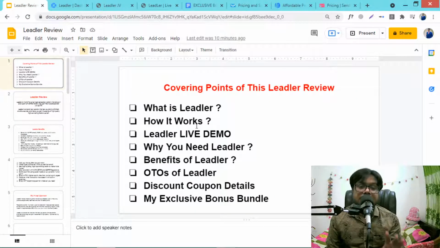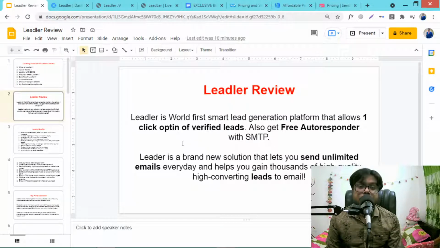So what is actually Leadler? Leadler is the world's first smart lead generation platform that allows one-click opt-in of verified leads, and also gives you a free autoresponder with your own SMTP server.